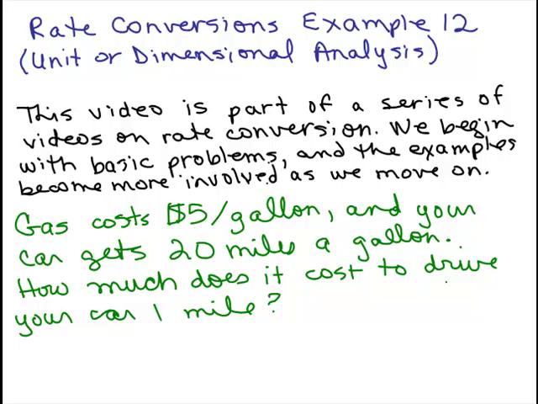Now, first of all, I think that you might be able to figure this out without algebra. Just kind of figure out what's going on here. Costs $5 a gallon. Your car gets 20 miles to a gallon. How much does it cost to drive? See if you could figure that out on your own. And I'm not going to say how you figure it out because everybody has a different way of doing it in their head. But I'm going to show you a way of doing it thinking about rate conversions, which is